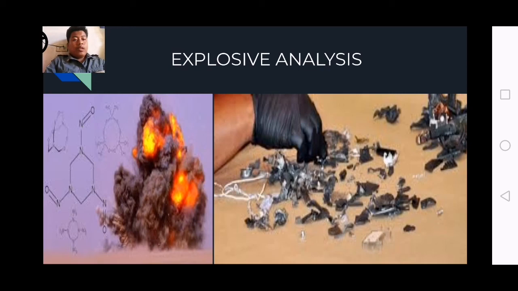So nag-iiwan sila ng mga pinaka signature nila na uri ng pagpapasabog para malaman na sila ang teroristang grupo na responsable sa pagsabog.